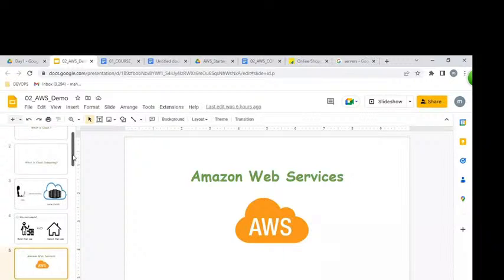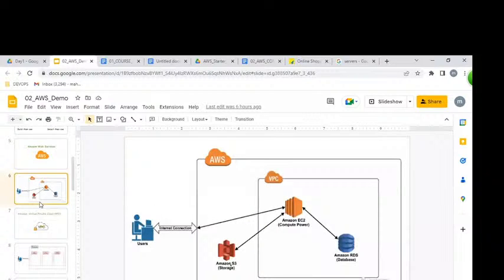In AWS, we are going to discuss a total of 4 modules. Each module we're going to spend 2 weeks of time. So what is the first module? VPC. Second module is what? EC2. Third module is what? RDS. Fourth module is what? S3. VPC is nothing but what? Network. EC2 is nothing but what? Servers. RDS is nothing but what? Databases. S3 is nothing but what? Storage.